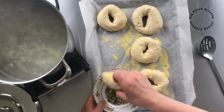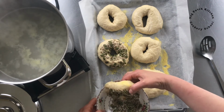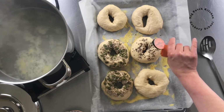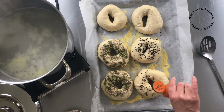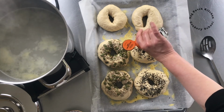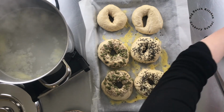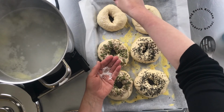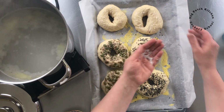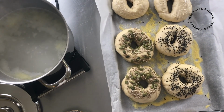But what I'm actually going to do is dip them into some toppings. So this is a mixture of sunflower and pumpkin seeds. Then I have some black sesame seeds. You could use white sesame seeds, black onion seeds, caraway seeds. The world is your oyster. And the steaming helps the toppings to stick. And then I have some coarse sea salt crystals, just for this one, to add a little bit of a salty edge to it. And they're going to go in the oven at 220 degrees for 15-20 minutes, maybe 25,